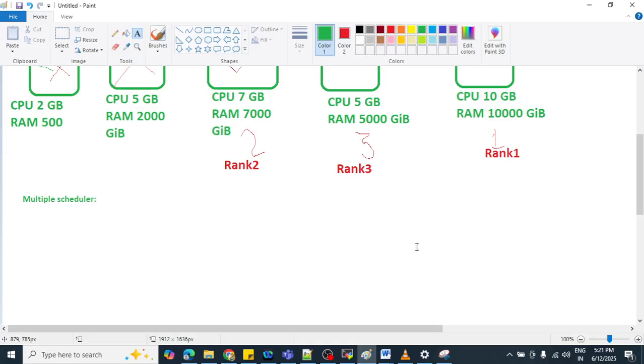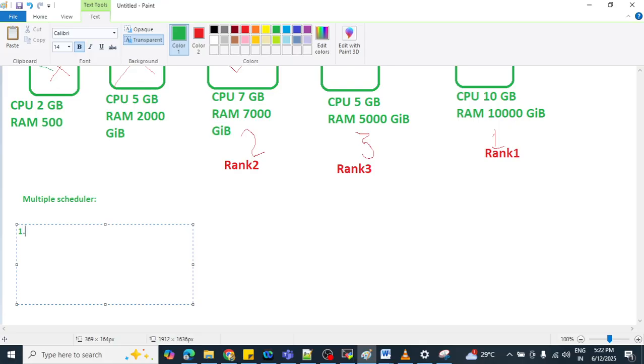Now there are some scheduling principles. Based on those principles, the scheduler reaches its decision and schedules the pods to particular nodes. So the first one is DaemonSet.